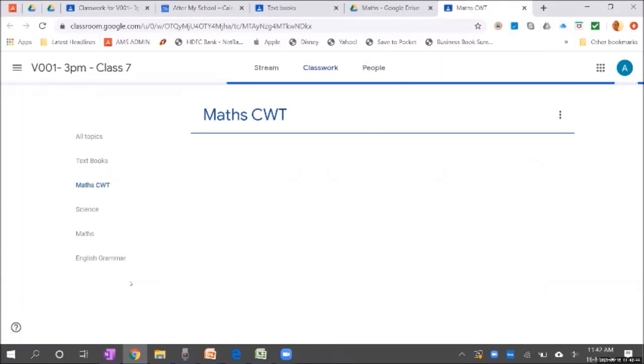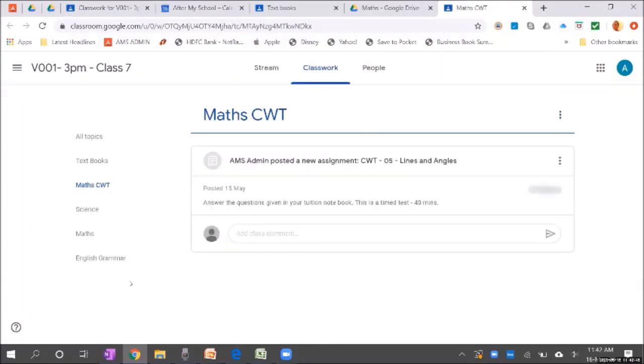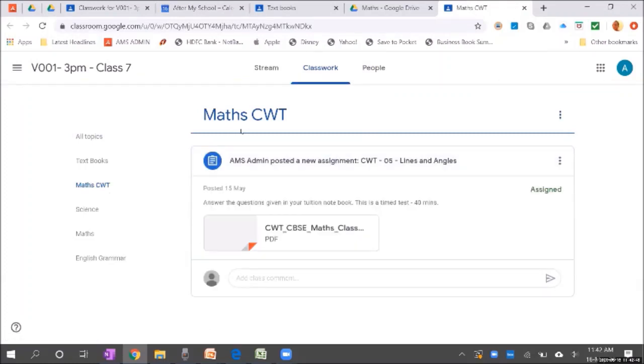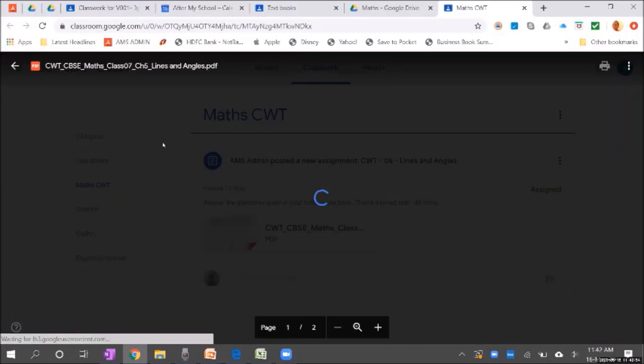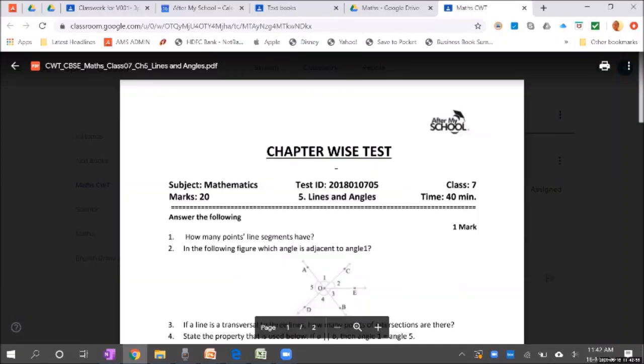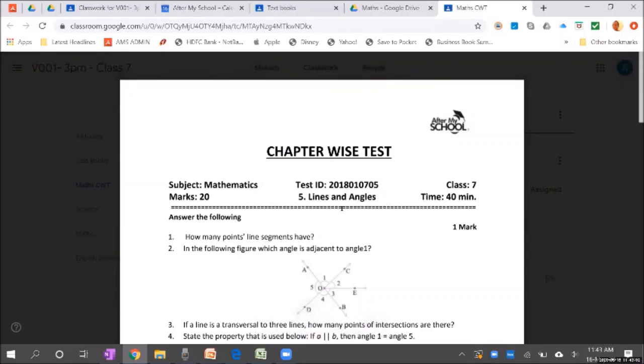Right now, what I'm showing to you as an example is a maths chapter-wise assessment. I think this is for, I guess it is for class 7. Class 7 chapter-wise test for a chapter called lines and angles. Now, this chapter-wise test is again made by us in a manner which tests the entire chapter.